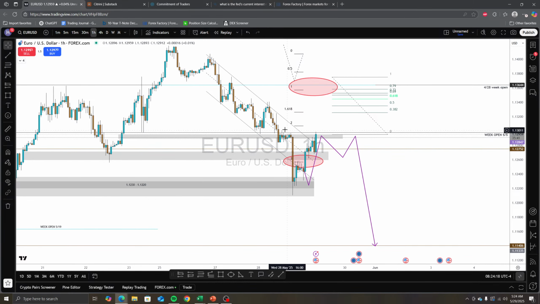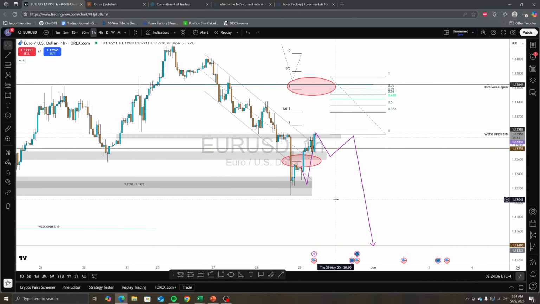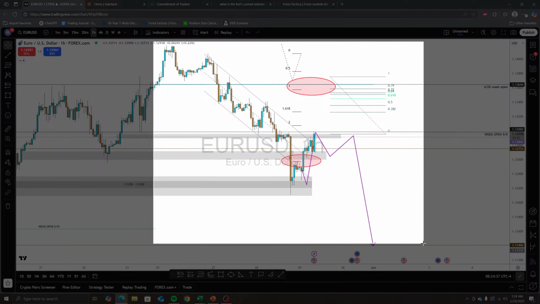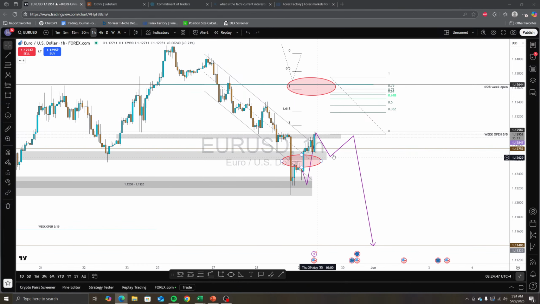But now I think it's going to break through this consolidation zone. We will see. So right now, this is how I think it's going to play out. I think it's going to consolidate, go deep down to this liquidity zone, then back up, and then fall back down. Usually I take a picture of that just to have it.